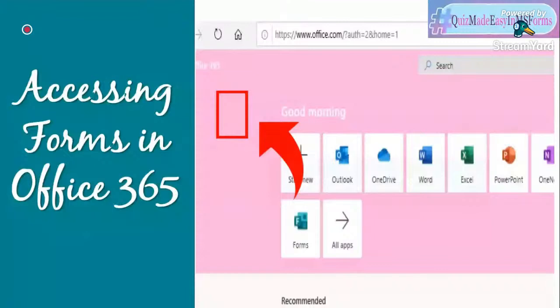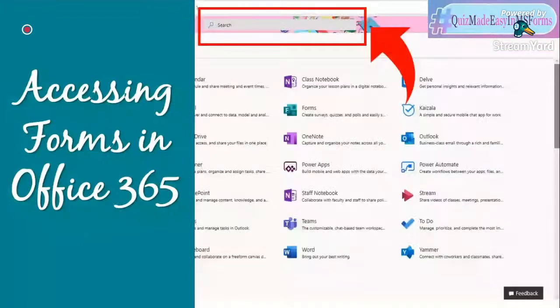When you click all apps, there you go. All the apps will be shown, and since we are working on Forms, we will click Forms. Or we can just search for it using the search bar. Type it and then select Forms. So there are many ways to access Microsoft Forms.